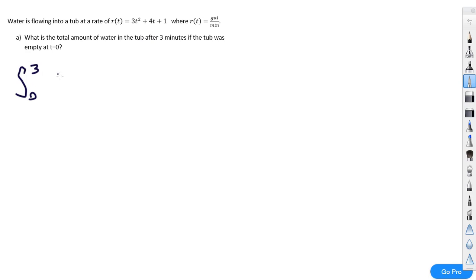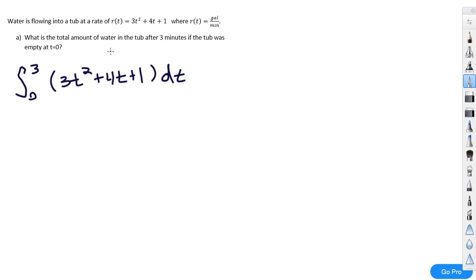And the rate of change is 3t squared plus 4t plus 1, dt. Just like when we were looking at the net displacement with a velocity function,